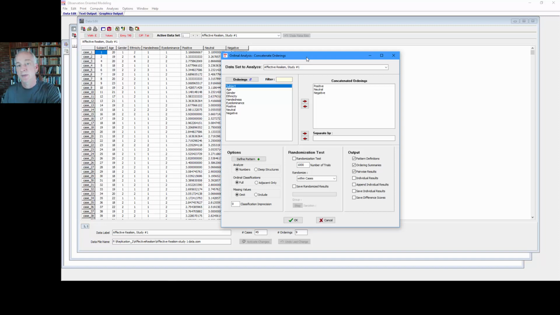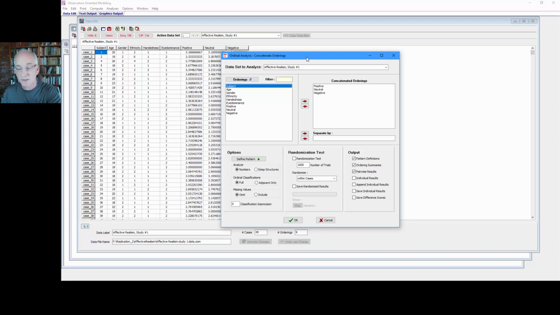Suppose you wish to compare two PCCs from the concatenated orderings ordinal analysis procedure. More specifically, you want to know if the difference between those two PCCs is readily explainable by physical chance, or in terms of Aristotelian language, if that difference can be readily explained in terms of accidental causes. So to see how this can be done in the software, let's again turn to the